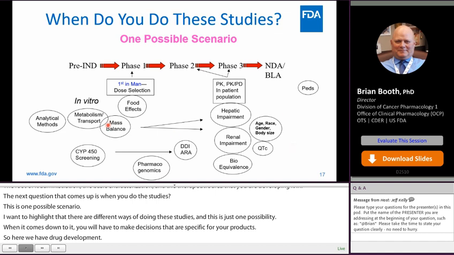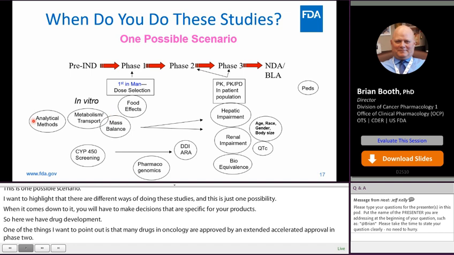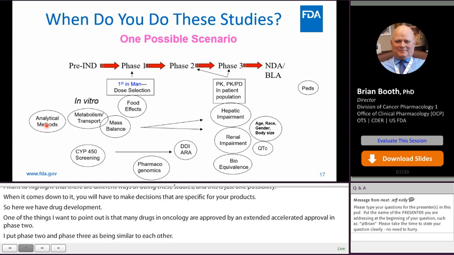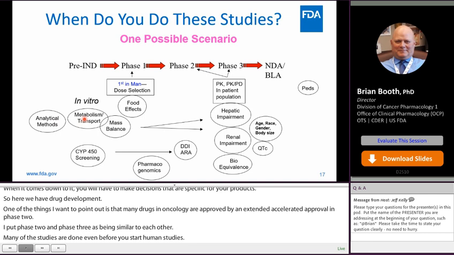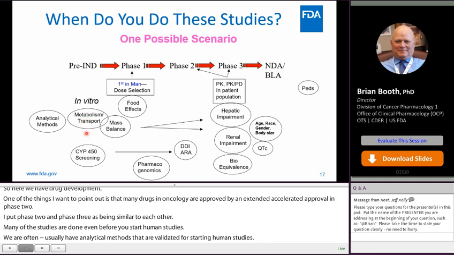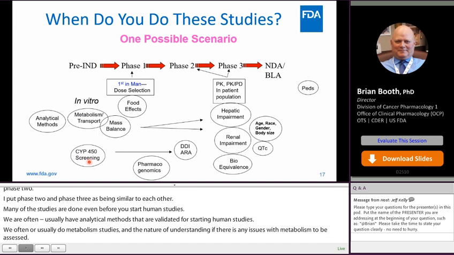Now, many of these studies are done even before you start human studies, right? So we often or usually have analytical methods that are validated before starting human studies. We often or usually do metabolism studies in vitro to understand whether there are any active metabolites that have to be assessed. And we do a lot of the P450 screening quite early to find out whether any of the P450 enzymes are involved in the metabolism of the drug, which might indicate the need for in vivo drug-drug interactions